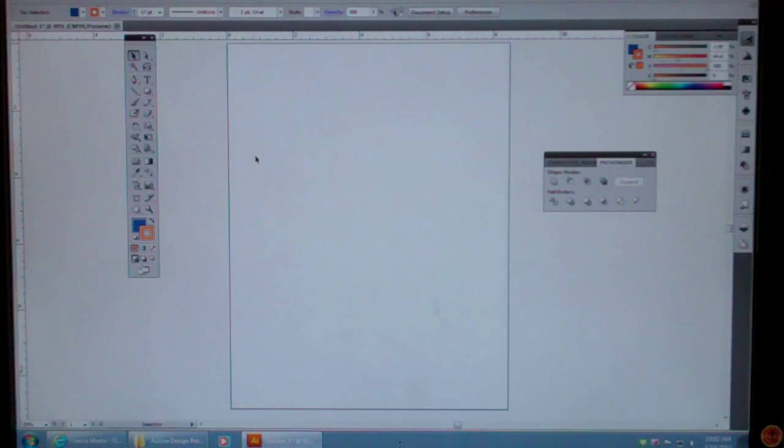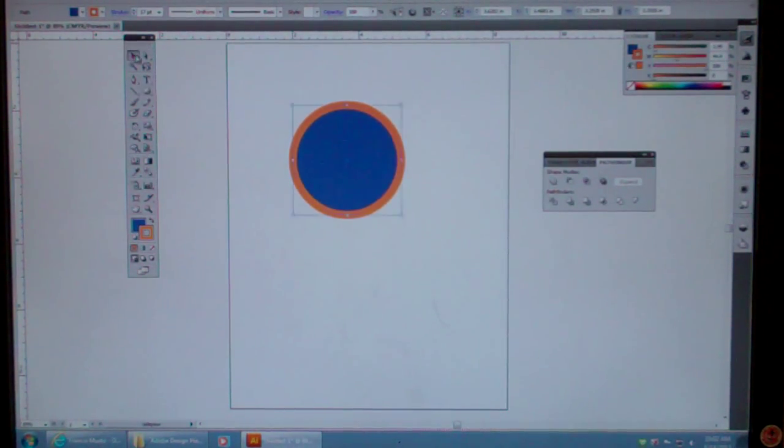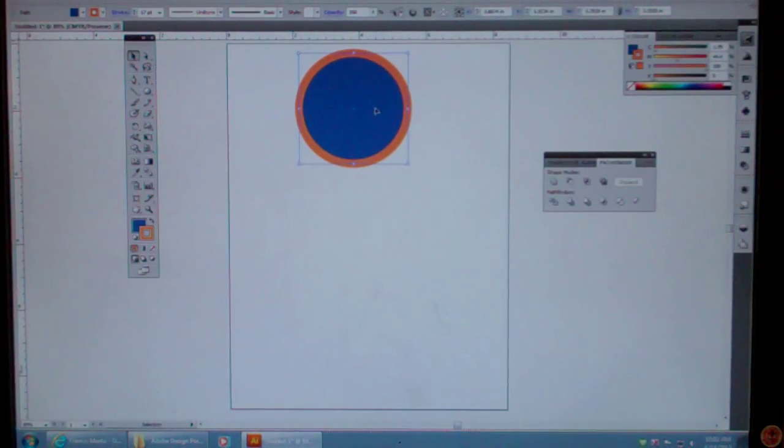I hold down the shift key on the keyboard, and by holding the shift key down, it creates a perfect circle. No matter how I try to change the shape, it will always keep it as a perfect circle. I'm going to select it and move it up, and I'm going to do the same thing now with my